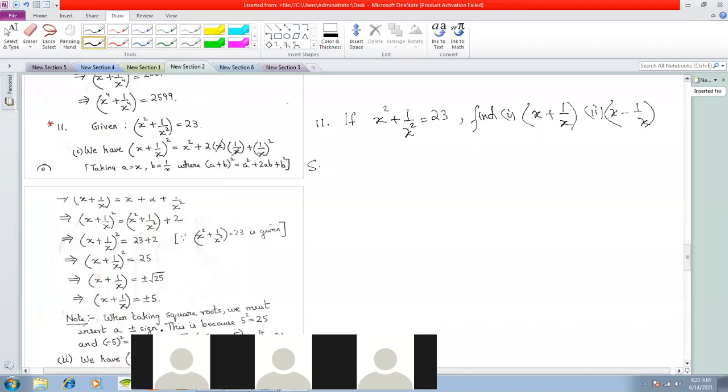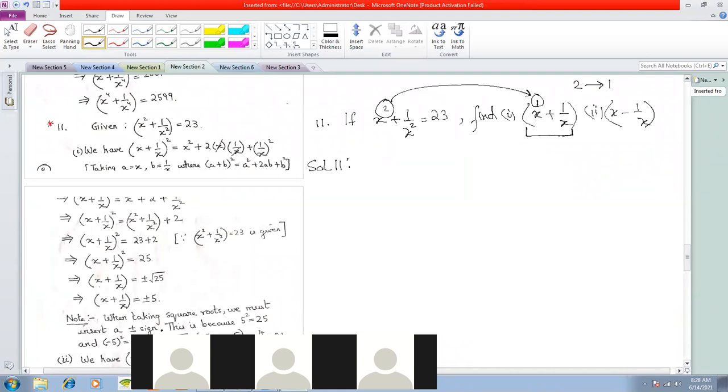Okay. So what you see clearly here is that the higher power of x is given. That is, the power of x is 2 here. We want to find the power 1, right? So from power 2, you want to find out power 1. So you want to move from power 2 to power 1. Okay. So the rule for this is that whenever you are moving from power 2 to power 1, we'll start